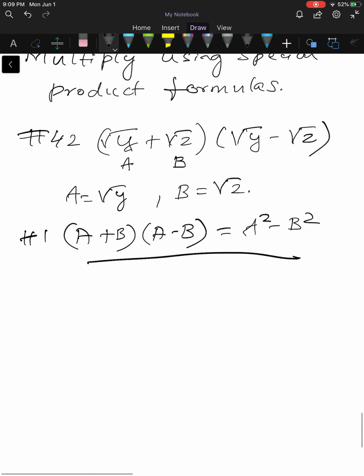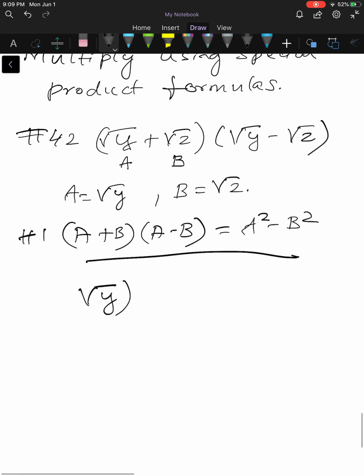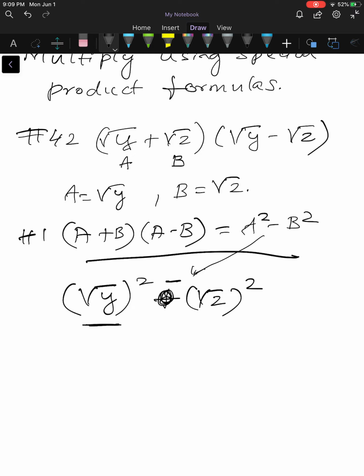you will get square root of y the whole square minus square root of 2 the whole square. Now you can see that you need to apply the nth root properties here. N is an even number, so applying property number 5, which I taught you in the previous video, you will get the modulus, that is the absolute value of y,